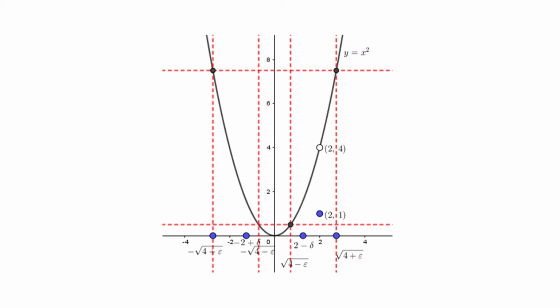That is, the inequality |f(x) − 4| < ε holds for all x ≠ 2 in the open interval (√(4−ε), √(4+ε)). Step 2. We find a value of δ > 0 that places the centered interval (2 − δ, 2 + δ) inside the interval (√(4−ε), √(4+ε)). Take δ to be the distance from c = 2 to the nearer endpoint of the open interval (√(4−ε), √(4+ε)).